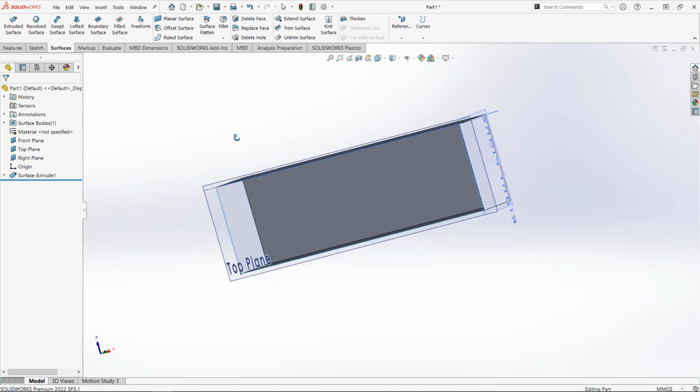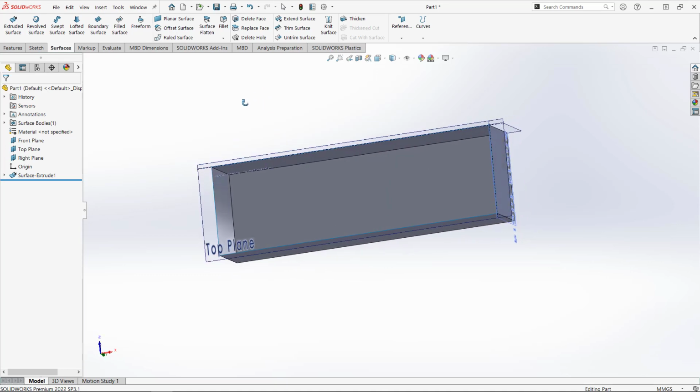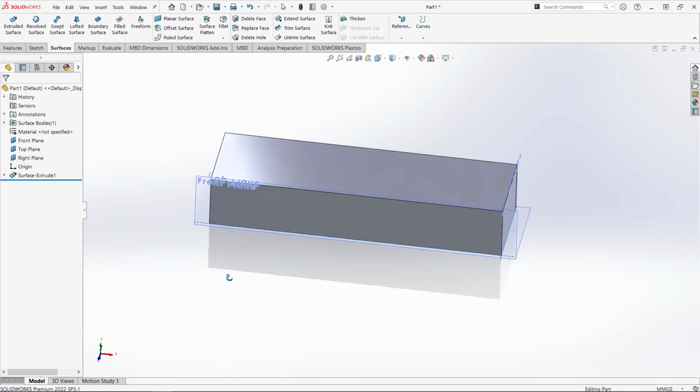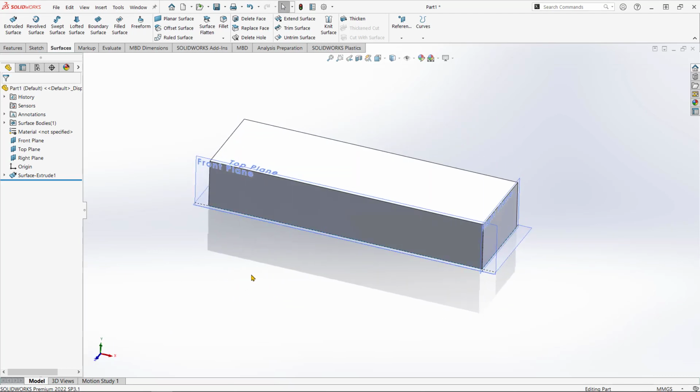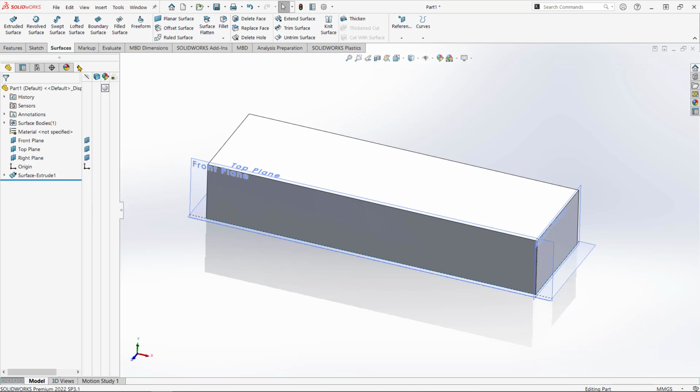So we've extruded it as a surface, which means that it is just a hollow five-sided box now. And because that marks out the maximum extents or the maximum limits of our part, by definition our part will be inside that box. It won't be any bigger than the box. In some areas it will touch the inside of the box. In other areas it will be slightly smaller than the maximum extents of the box. But in all those instances it would be more useful to make the box